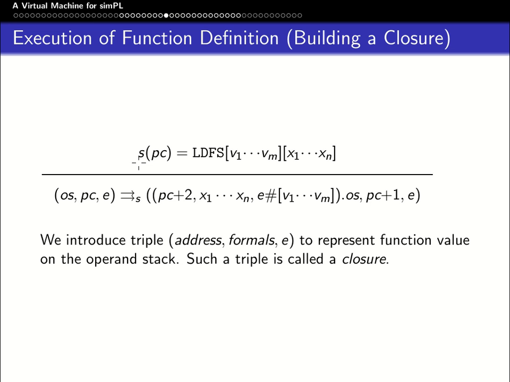what does the machine do? The machine performs the transition from the current state into the next state. The current state is OS-PC-E. Do you remember what these are? OS is the operand stack. PC is the current program counter, which has to be the same as this one. So if we're saying that this is the current instruction, we want the PC here. Otherwise, we wouldn't be providing a definition for LDFS. And E is the current environment, which is an association, better said, a mapping from symbol names